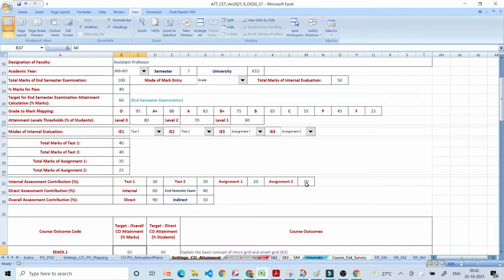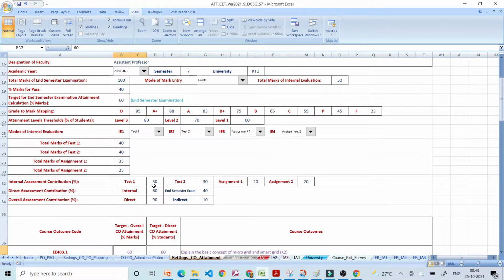Now we need to combine the direct internal assessment and direct external assessment to get the direct assessment contribution. For combining this, direct internal assessment is given a weightage of 60 and end semester examination is given a weightage of 40.